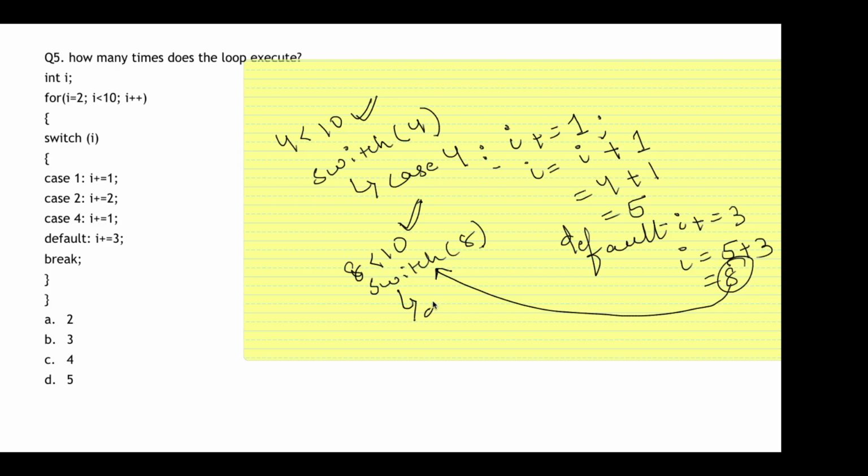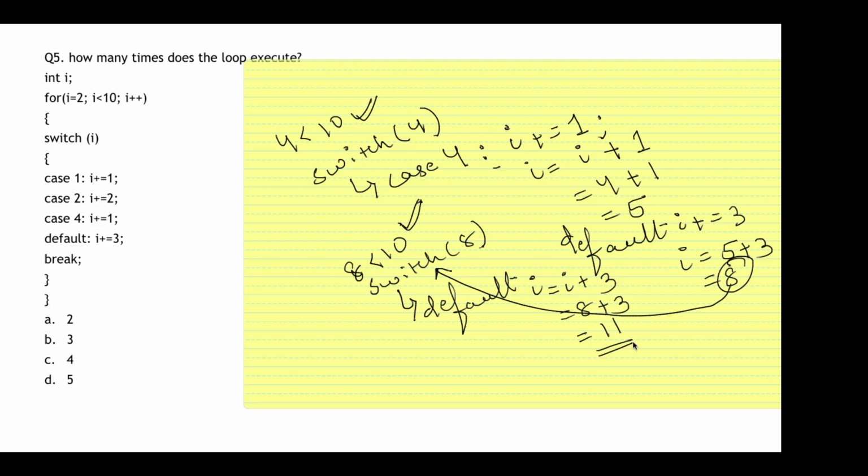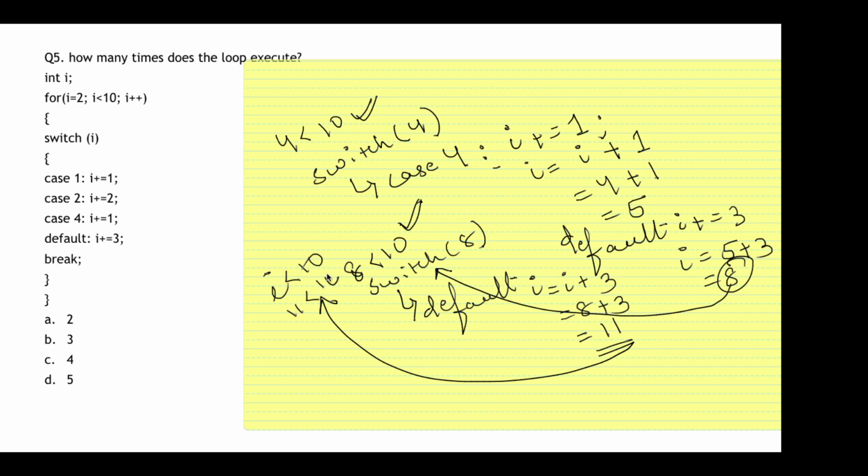It will simply print the default, which is i is equal to i plus 3. So 8 plus 3 is equal to 11. Now it will again go back and check i less than 10, 11 less than 10. No. So the loop will terminate.